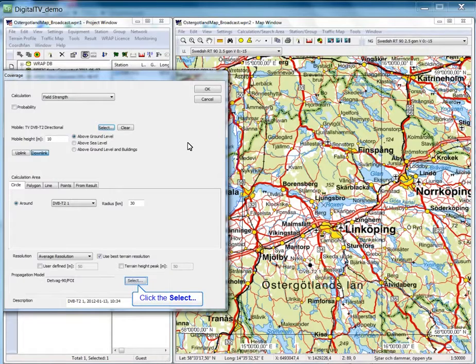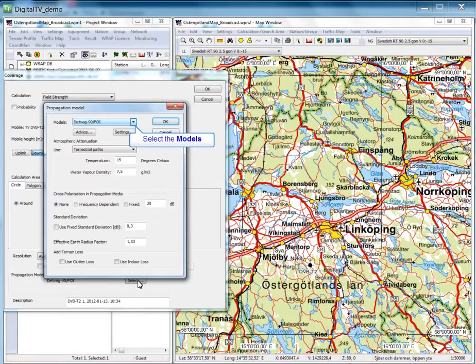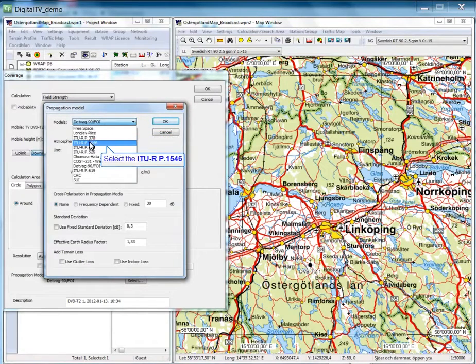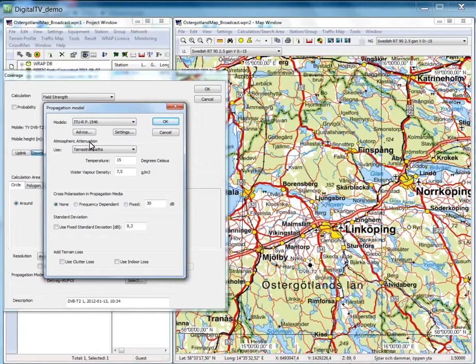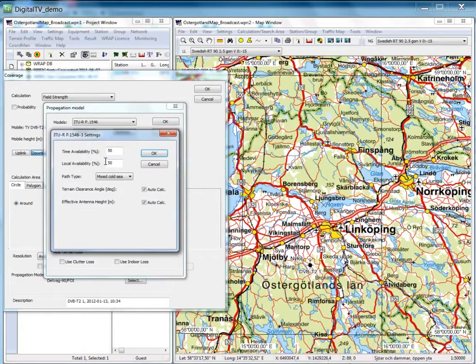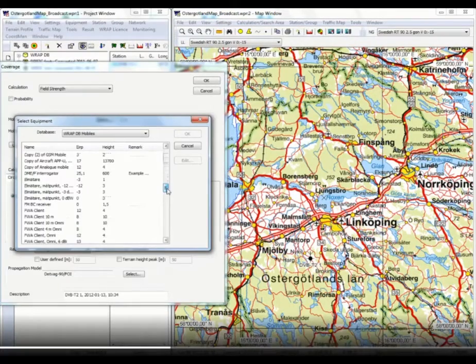And I'll perform the calculation around the transmitter. I'll select a propagation model where we have many selections. I'll use the ITU P1546, which is popular for broadcasting. And I can make some settings here,